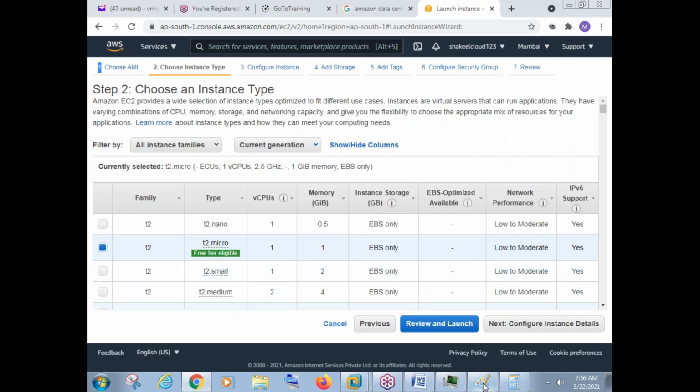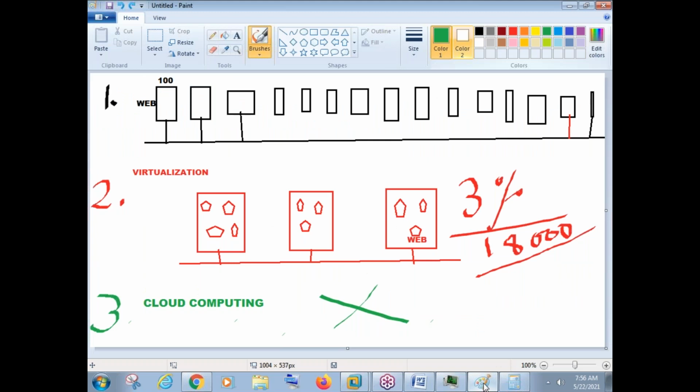So this concept is called cloud computing. We don't have any hardware infrastructure in our company, especially the servers. Our servers will be hosted on some other company's setup, some other company's network, and that concept is called cloud computing. So we are not even spending $18,000. $18,000 is the money that we need to spend as the initial money. But when you go to cloud computing, you can start your business with $0.